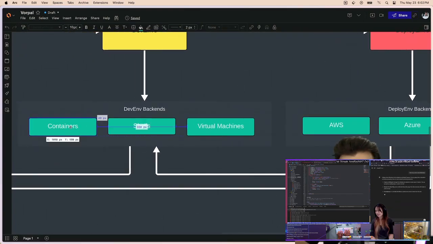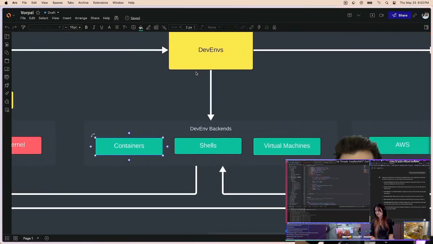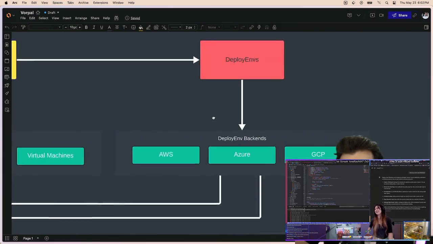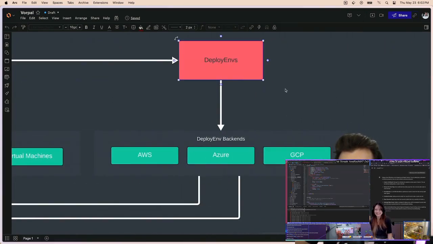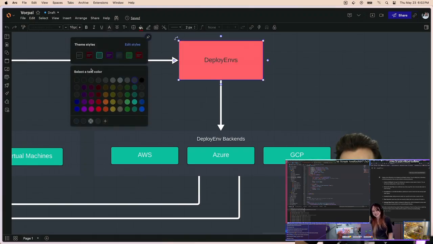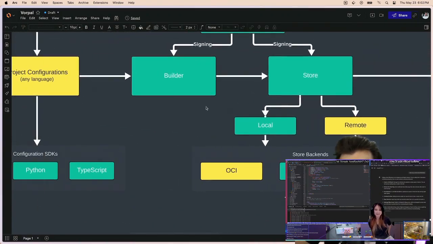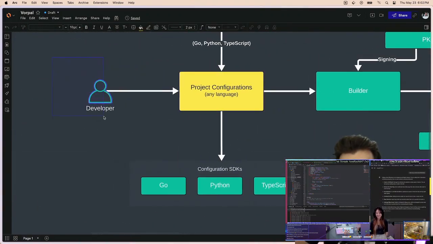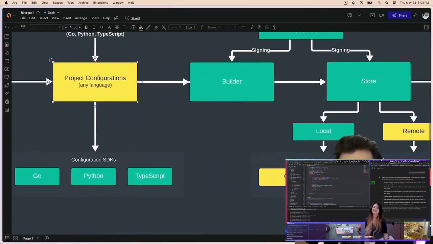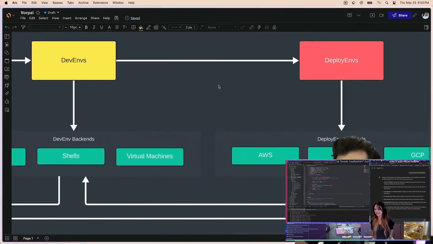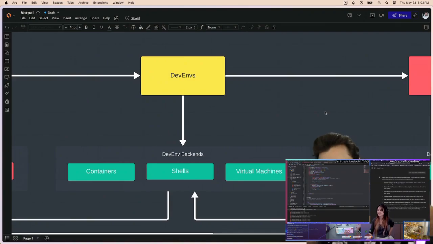Why can I do that? Well, because I've already built it all. Ideally, dev-envs should literally be just promotable artifacts to your deploy environments. And that's really where this whole thing comes together, where this is what we want you as a developer to deal with, just the project configurations. But that project configuration can then be taken to the builder and put here, here and here. Did you just invent Bazel or Basil?